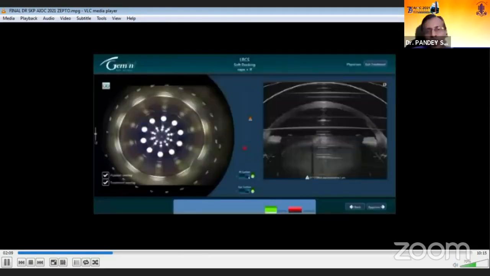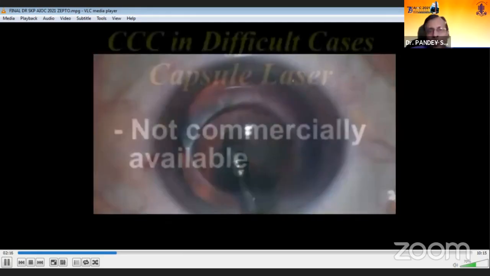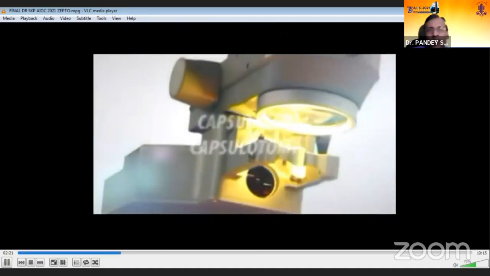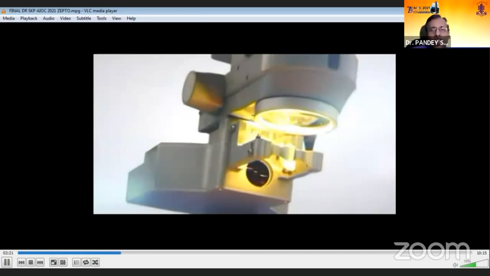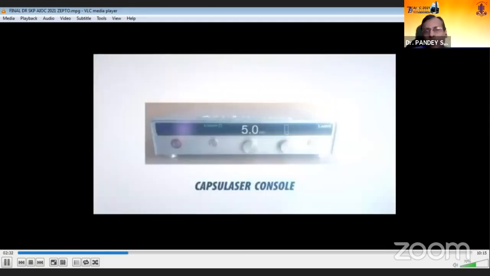Dr. Ramamurthy will be sharing his experience on managing the difficult cases using femtosecond laser. The other experimental devices include the laser capsulotomy, which is under the experimental stage right now.